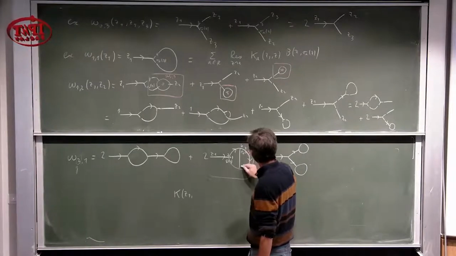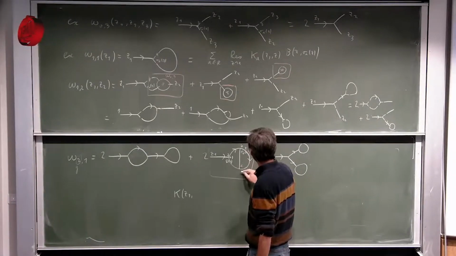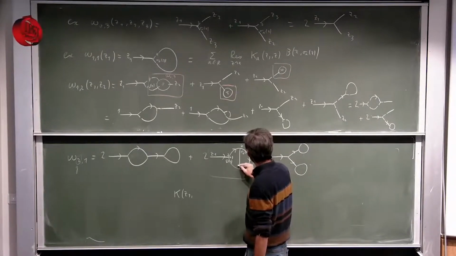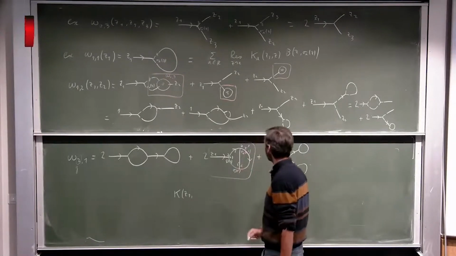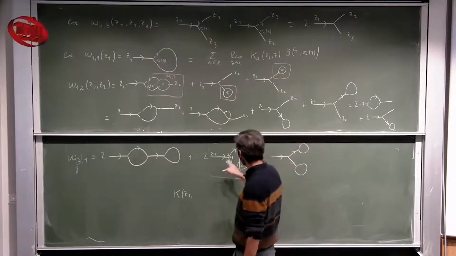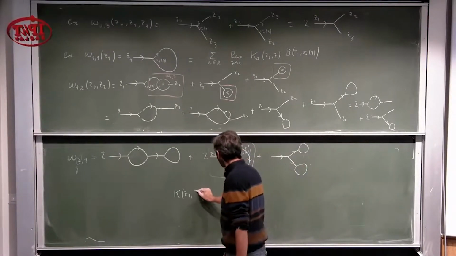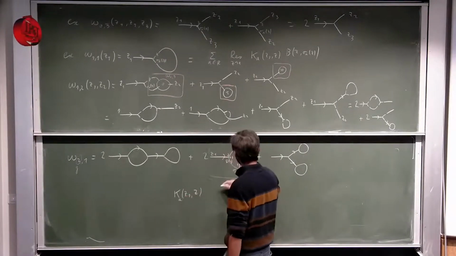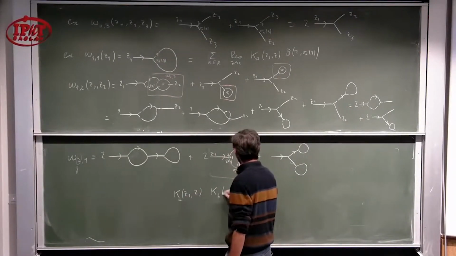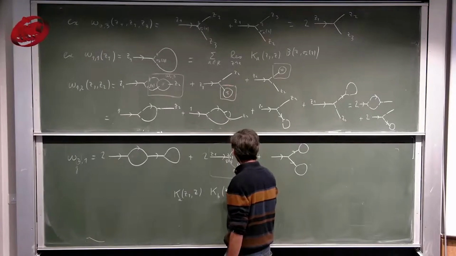And this is branch point C. And you will have here Z second and sigma C of Z second. Okay. So the value of this graph is, by definition, K of Z1 Z times K B of Z